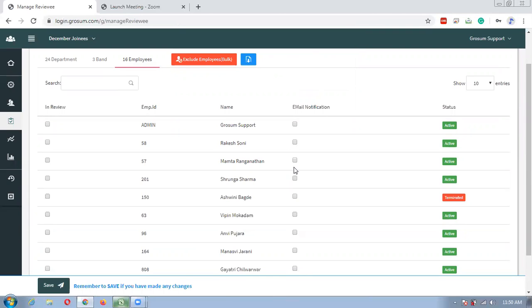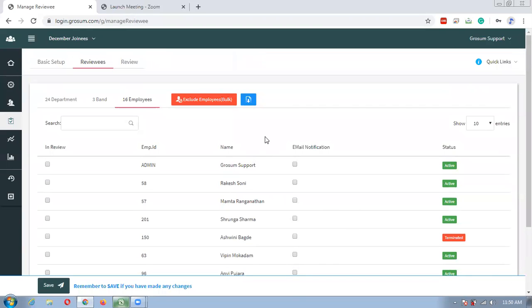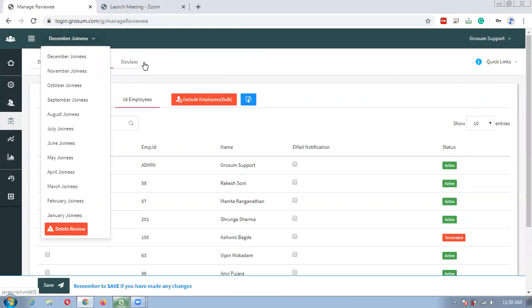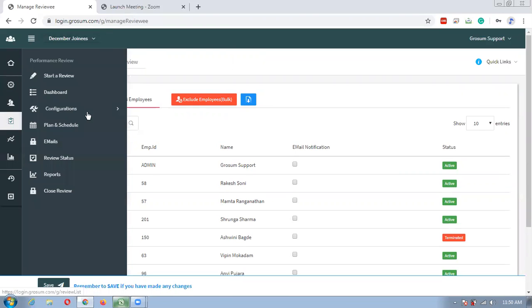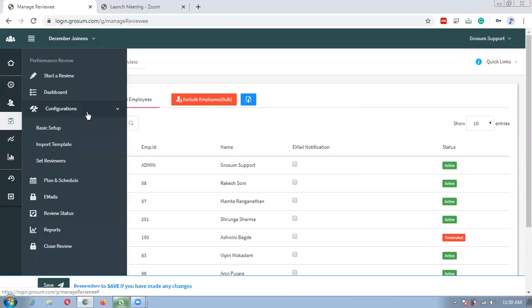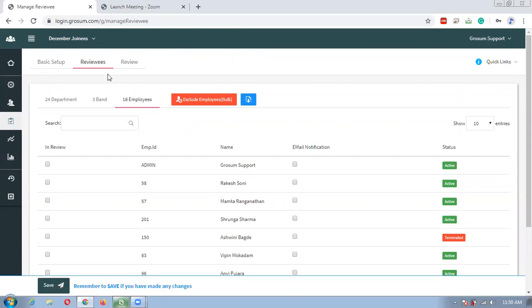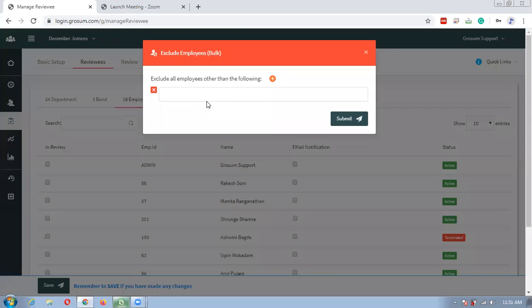FAQ 4. How to exclude an employee from a review. If you want to exclude a particular employee from a review, first click that particular review, then follow the same process as in FAQ 3, then go to the reviews and click on the exclude employee option.